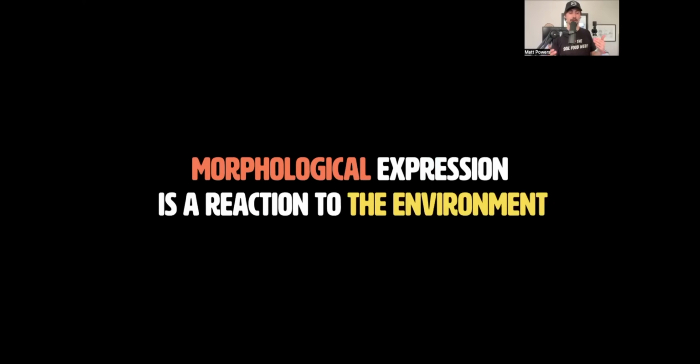And instead, we have to create clear alignment and clarity through proper channels of feedback and comprehension of what the ranges of expression are. So it's one of those situations where people tend to want to throw the baby out with the bathwater. They're like, fine, morphological is terrible, and then they go DNA, but that doesn't help either. You got to be holistic and include it all because morphological expression is actually the reaction to the environment. Get that? The reason that there's lookalikes is because the environment is forcing those microbes to conform to that